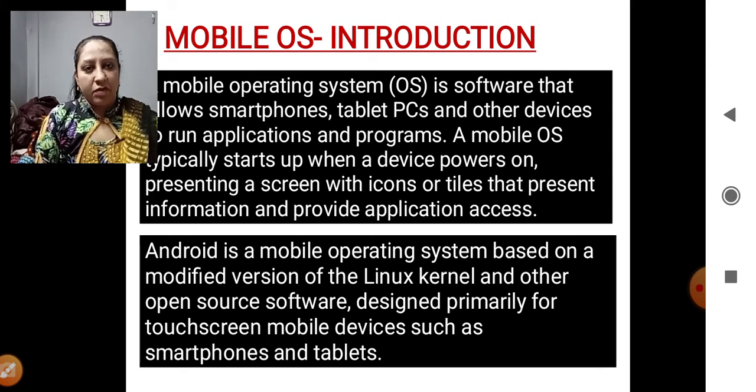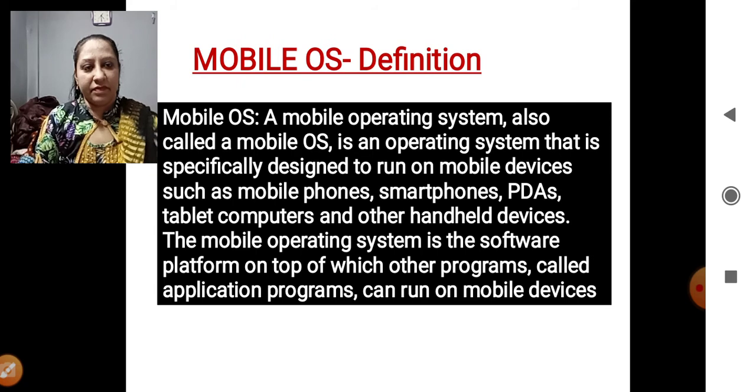In Android, the user is allowed touch screens, using which the user just has to click on the buttons and proceed ahead. There is yet another simple, precise definition: a mobile operating system is an operating system specially designed to run mobile systems.